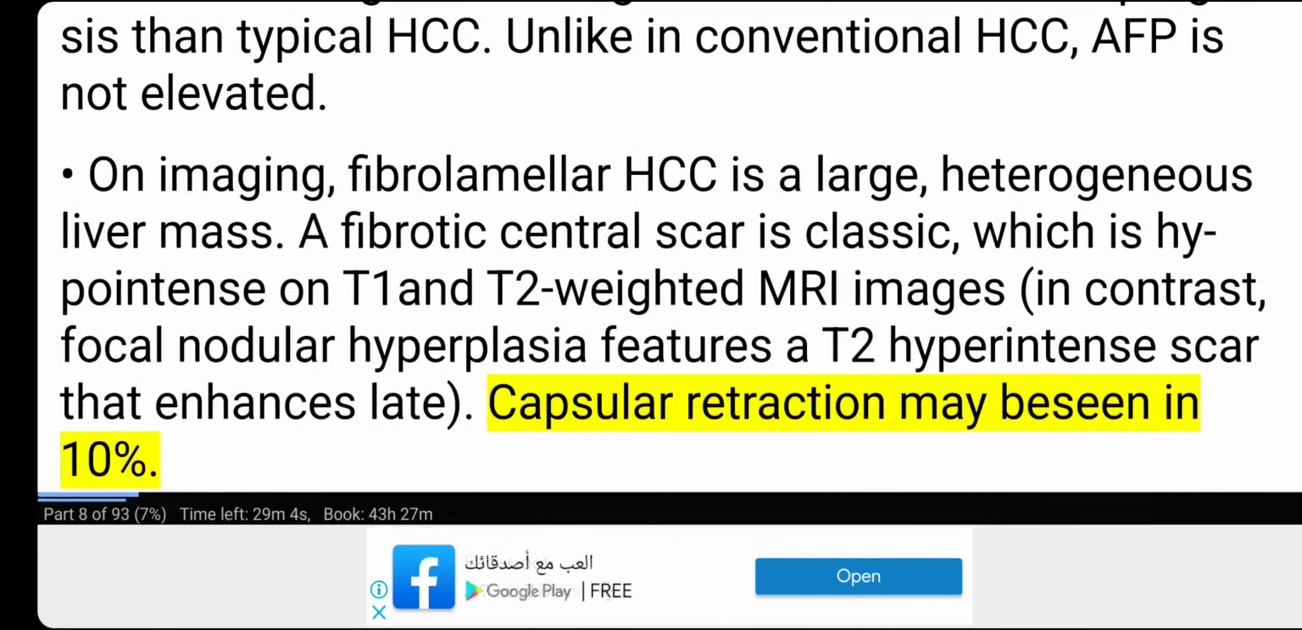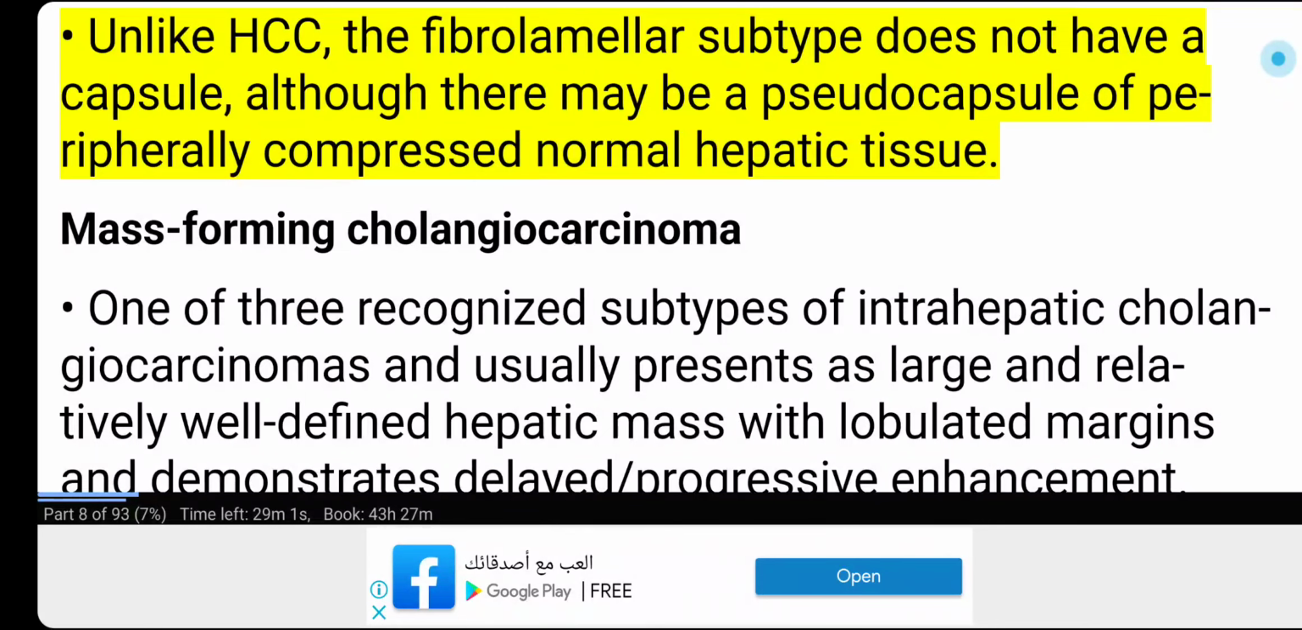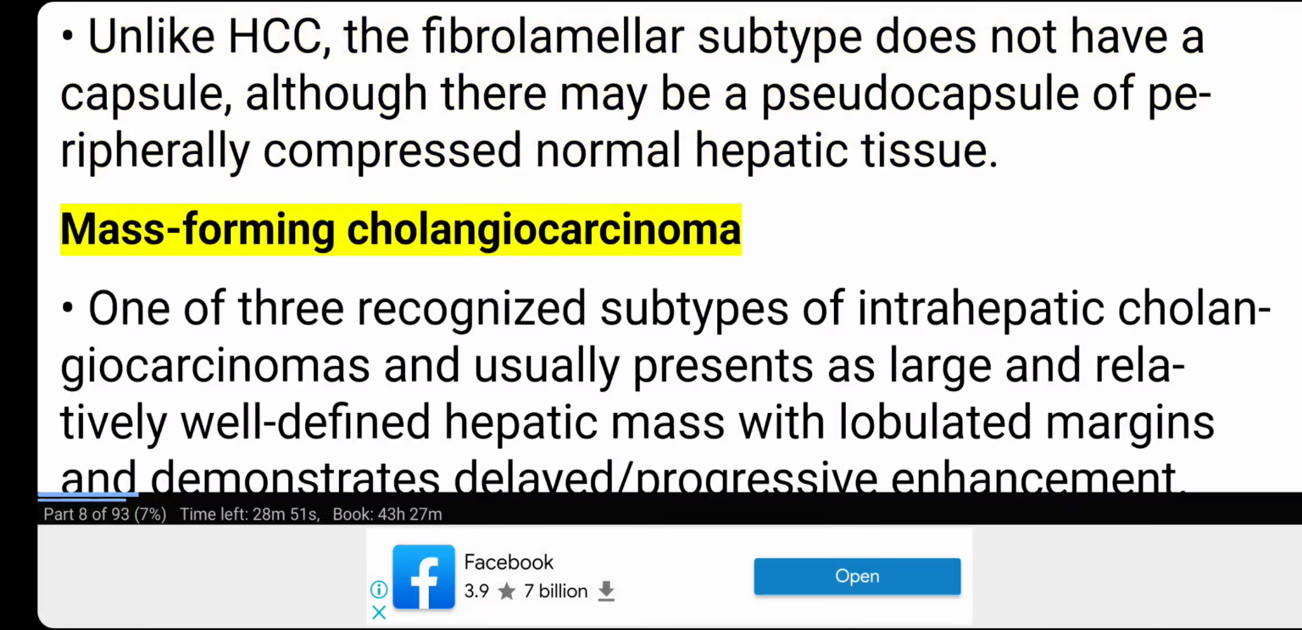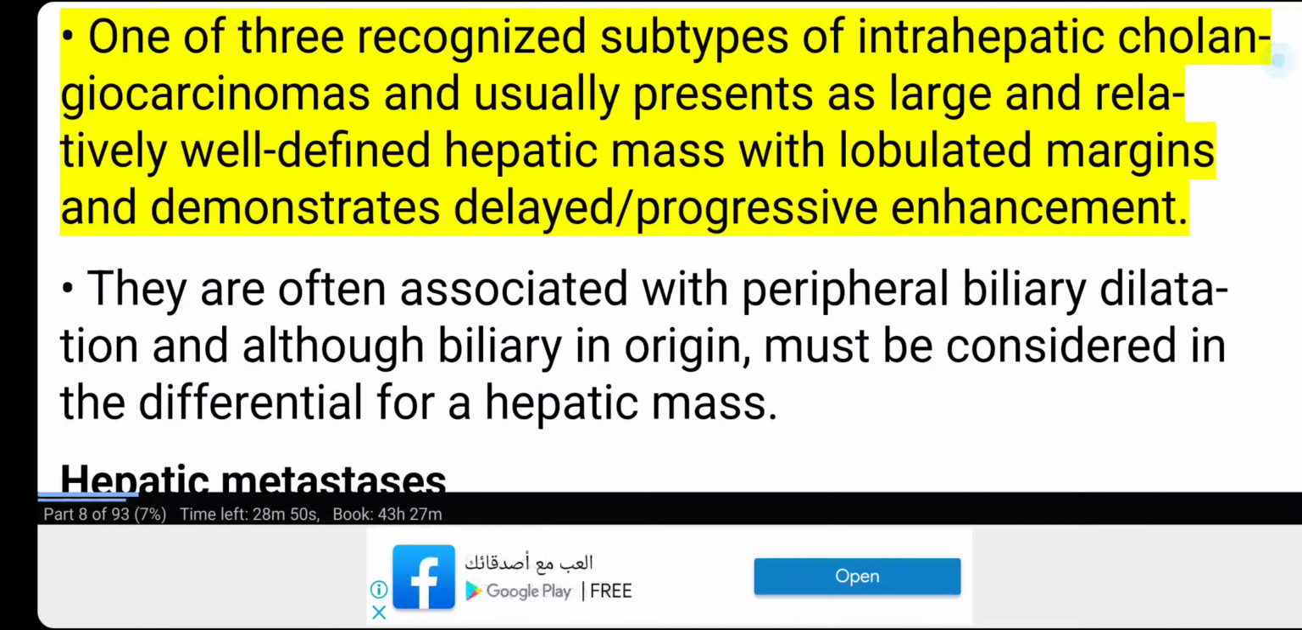Capsular retraction may be seen in 10%. Unlike HCC, the fibrolamellar subtype does not have a capsule, although there may be a pseudocapsule of peripherally compressed normal hepatic tissue. Mass-forming cholangiocarcinoma. One of 3 recognized subtypes of intrahepatic cholangiocarcinomas and usually presents as large and relatively well-defined